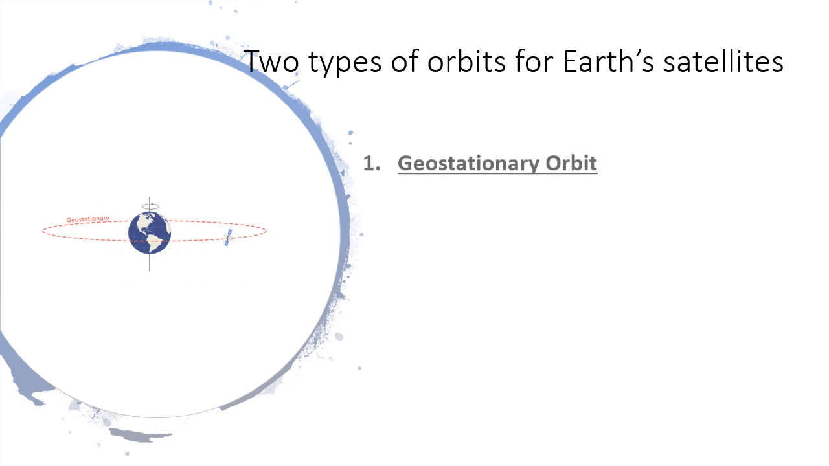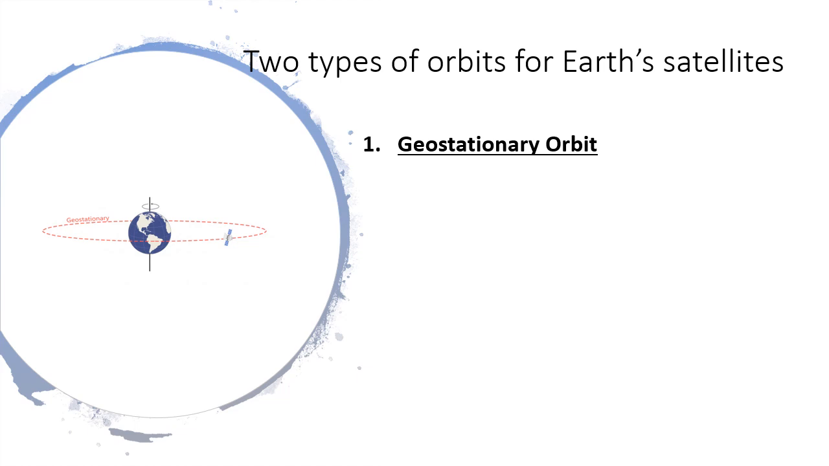So the first one is called the geostationary orbit. Geostationary means it looks like it is stationary. Now, why does it look like it is stationary? Because now,